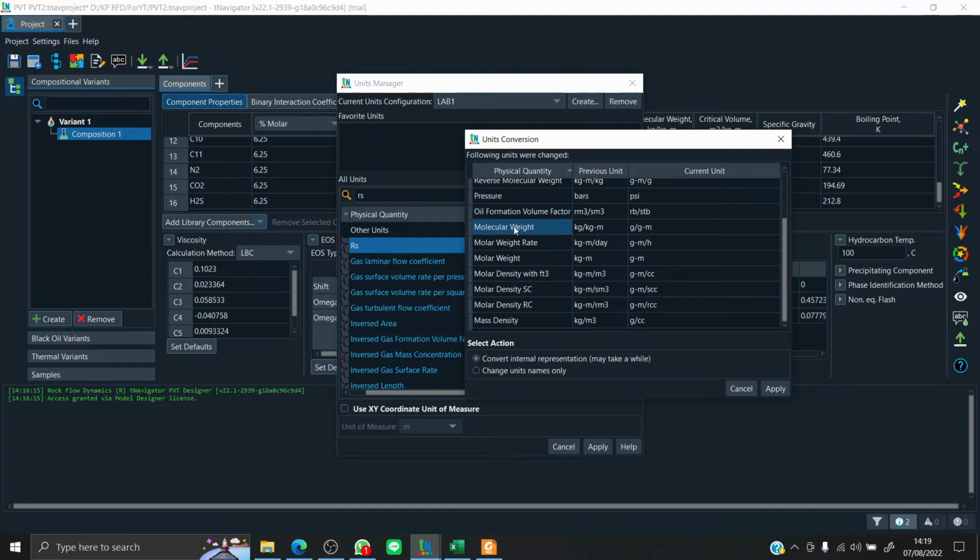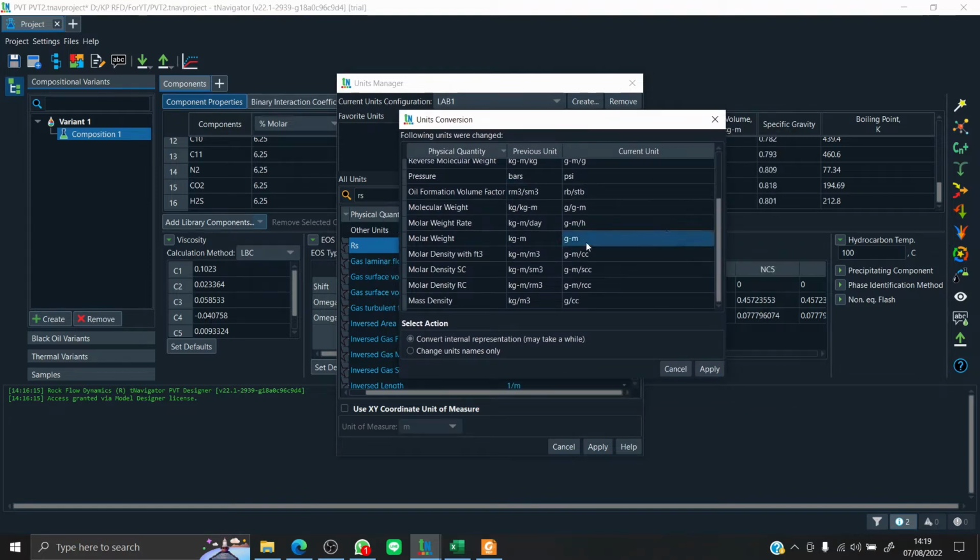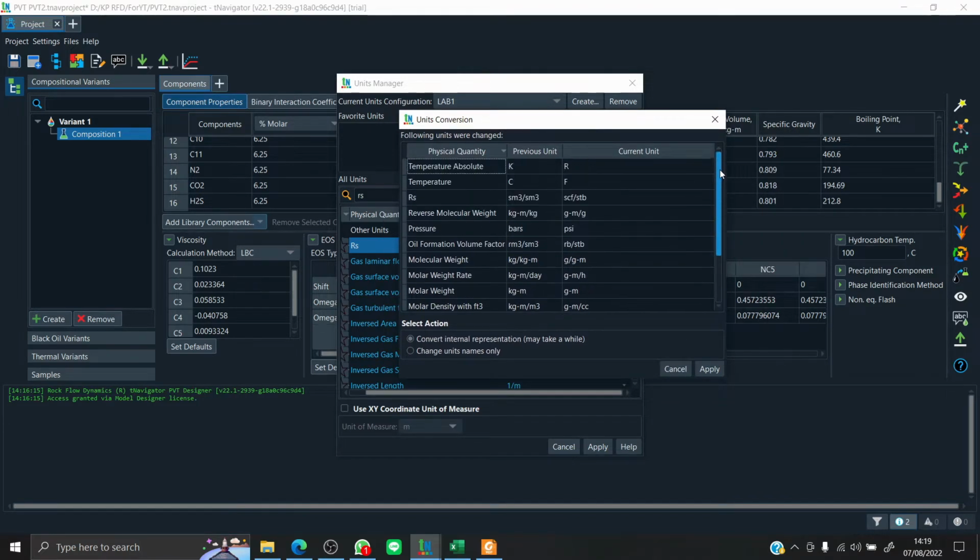If we misinput, for example, all pressure data we input in PSI but the unit system in T-Navigator is still in bars, because the actual number is in PSI, and we change from bars to PSI, we have to select change unit names only, so that the value is still the same. The quantity, the number, is not converted. But that's for a special case.